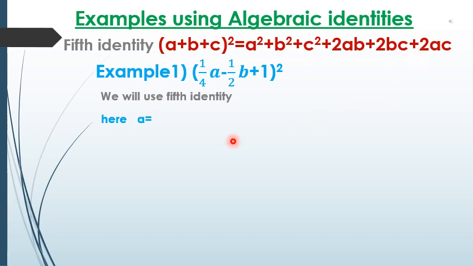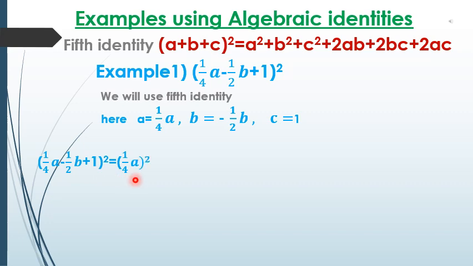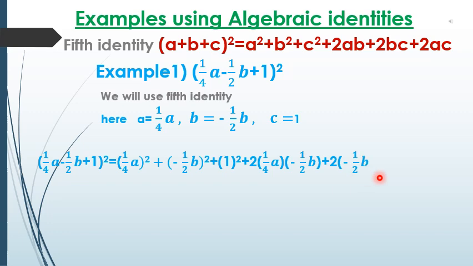Here a is equal to 1 by 4 into a, b is equal to minus 1 by 2 into b, and c is equal to 1. Substituting the value in this identity, that will be (1 by 4a minus 1 by 2b plus 1) whole square is equal to (1 by 4a) whole square plus (minus 1 by 2b) whole square plus 1 square plus 2 into 1 by 4a into minus 1 by 2b plus 2 into minus 1 by 2b into 1